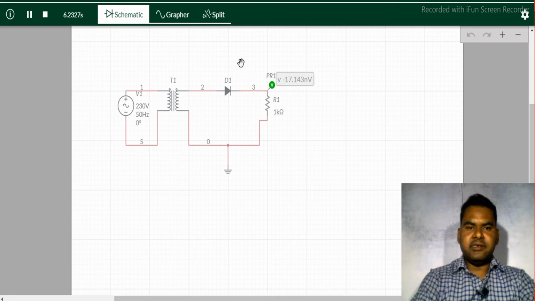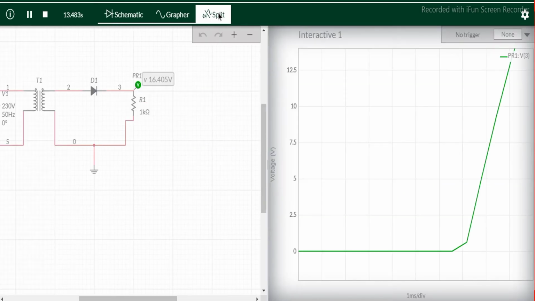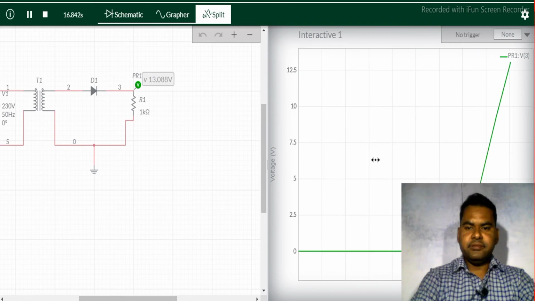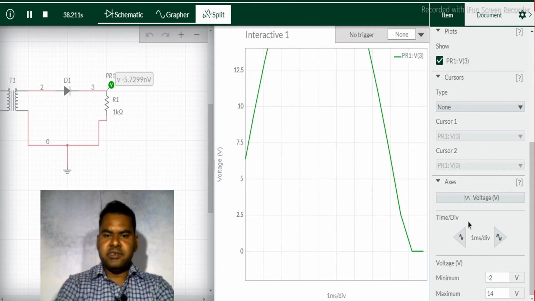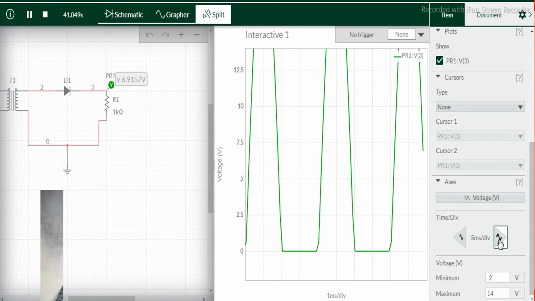To check the graphical value of the circuit, you have to press the split button. After pressing the split button, the simulation graph will be shown here. Here the time per division is shown as 1 millisecond per division. You can change this time division value for accurate measurement.